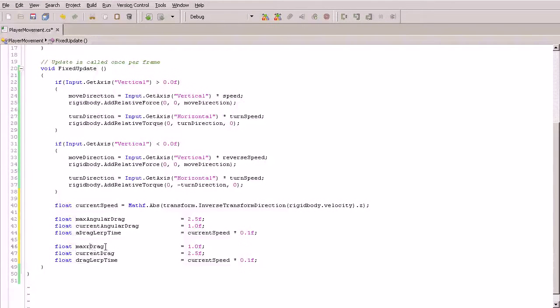Okay, now let's remove that R from right there. There we go. So make sure that those values are set. So under your angular drag, your max angular drag is going to be set to 2.5. The current angular drag is 1.0, and then it's the opposite for your max drag and current drag. So now that we have these values set, we can start setting these to some variables that are going to